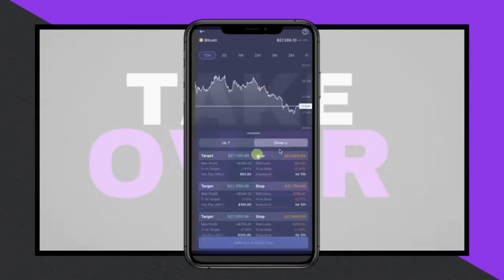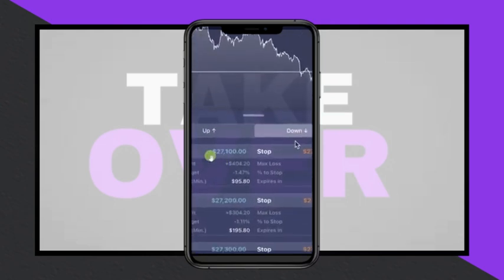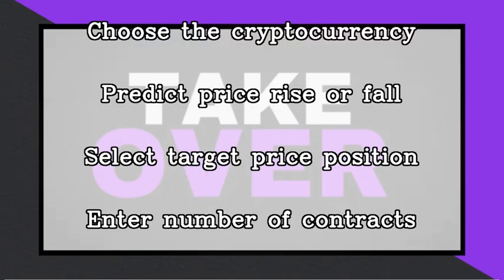Next, predict whether the price of the selected cryptocurrency will rise or fall by clicking the corresponding up or down button. This will open a new screen where you can select your position, with options displaying target prices and potential profit or loss ranges. Choose the position you prefer, and you can also switch between up and down options from